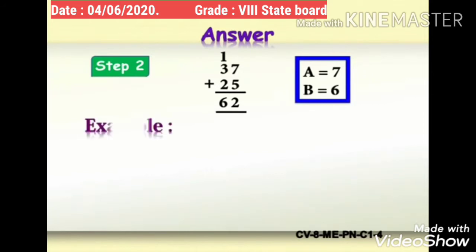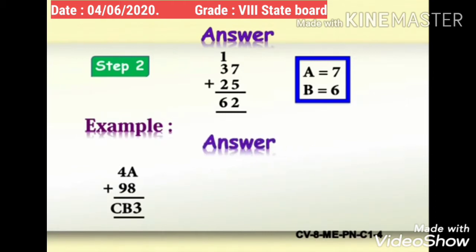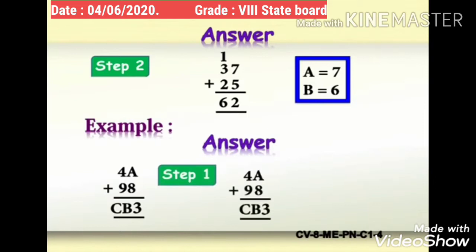Children, here is one more example on addition. Find the value of A in 4A plus 98, which is equal to CB3. Answer. Here is the procedure. Step 1. The addition of A and 8 is giving 3 in the units place. This is possible only when digit A is 5. In that case, sum of A, that is 5, and 8, will give 13, and 1 will be the carry